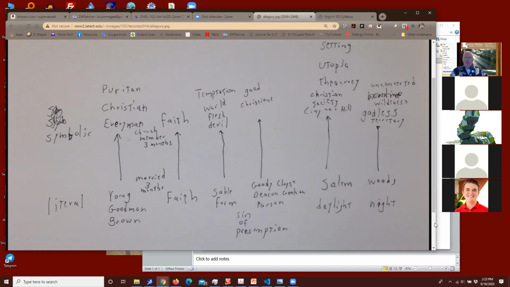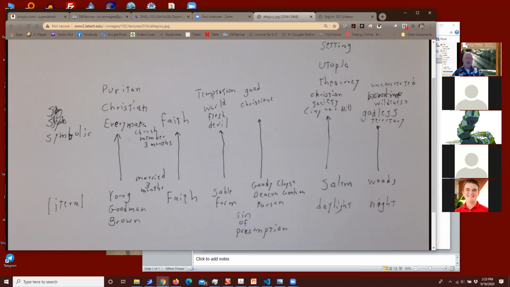And he's been on the symbolic level, on the kind of spiritual level, though, young in this case, he's been married for 3 months in the literal universe. That means in the symbolic universe, he's been a church member for 3 months. He's been married to faith. Married to faith means you've become a full Christian. So